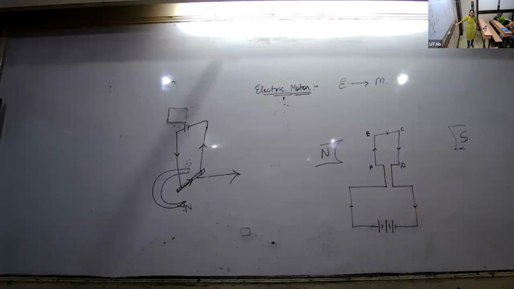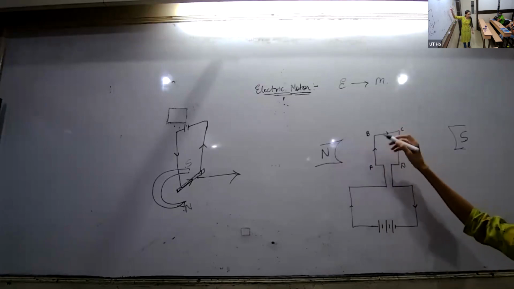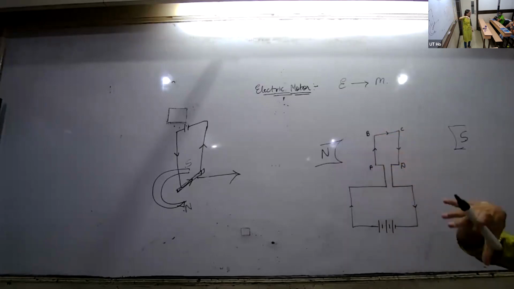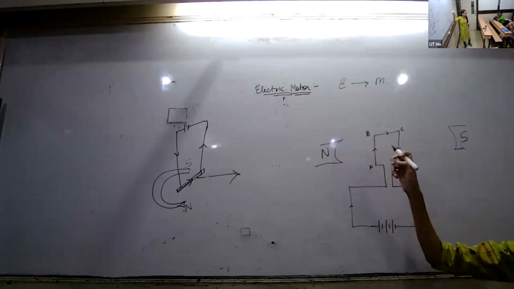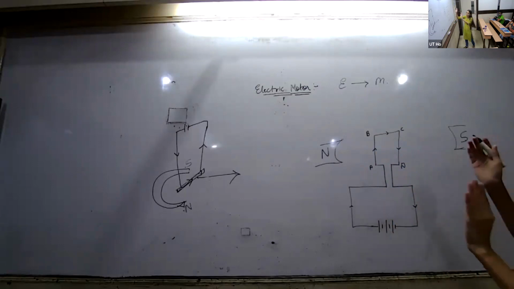So let's jump back over here. So now let's not look into what is happening over here, but let's look over here. So again I have field, I have current. लेट्स जस्ट टेक AB का केस, ठीक है। फ्लेमिंग्स लेफ्ट हैंड रूल से मुझे पता है कि सिंस ये करंट भी पास हो रहा है, फील्ड भी है, तो इस पे कोई फोर्स एक्ट होना है। मुझे पता है फोर्स कौन से डायरेक्शन में होगा। I will also see and you also check. Towards the board हो रहा है सबका। सो ये मेरा फील्ड ऐसे जा रहा है, करंट ऐसे है, तो towards the board। सो ये बेसिकली जो कॉइल है ये इस डायरेक्शन में नीचे की तरफ जाएगा, बोर्ड के अंदर की तरफ जाएगा।